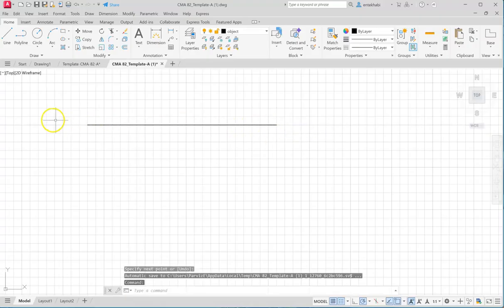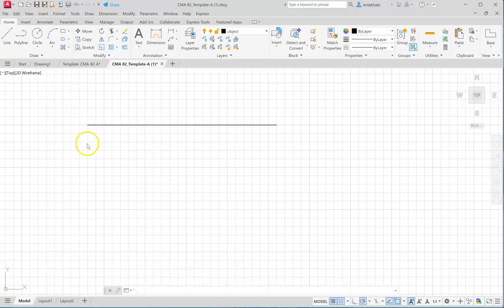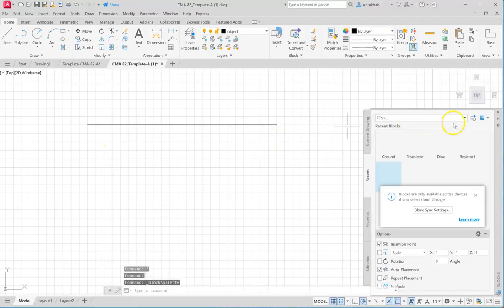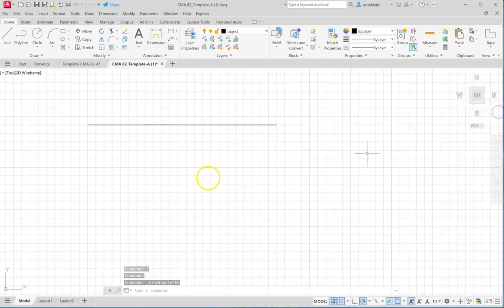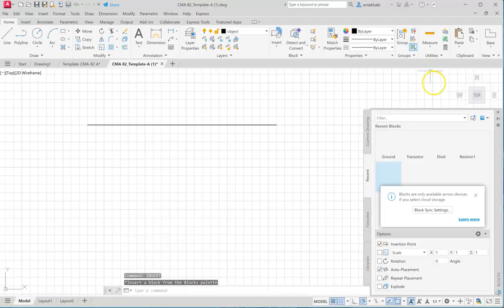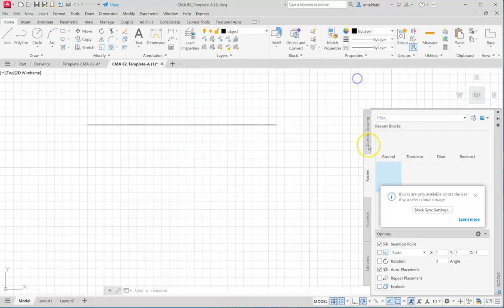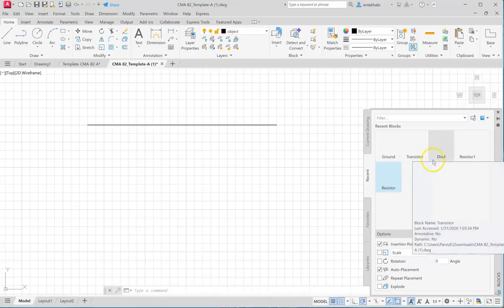And now let's bring the resistor in by using the insert block. Let me just type that, block or insert. You can type your name and then go to browse. Ground, transistor, diode.